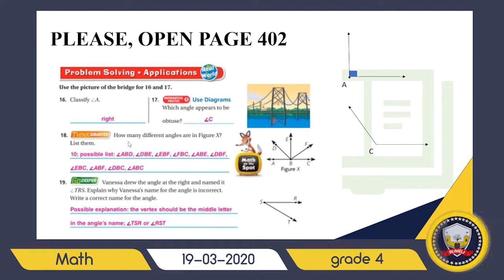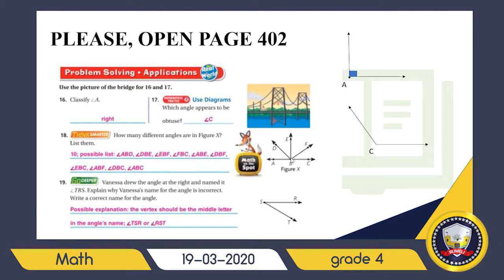Question 18. It says how many different angles are in figure X? List them. First of all, I need to check figure X and I need to write the angles one by one. Let's start from the left side. I can say angle ABD is an example of angles. Then I need to move. Angle DBE, angle EBF, angle FBC. Okay, right now let's move by skipping one of the rays. Let's say angle ABE. This is another angle, right? Good. Angle DBF,